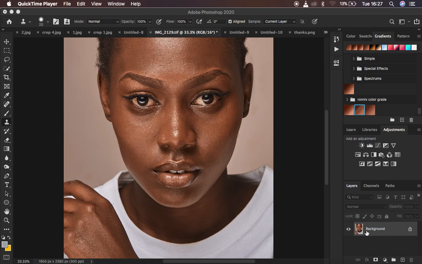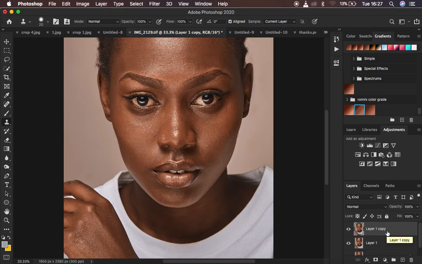You're just going to come to the background, select it and hit Ctrl/Command J twice. The version I'm using is Photoshop 2020. After making those two layers, rename this one to low frequency, and this one to high frequency. After doing this, I'm going to select the low frequency layer and turn off the high frequency layer. Now select the low frequency layer, and first of all blur out or remove the details